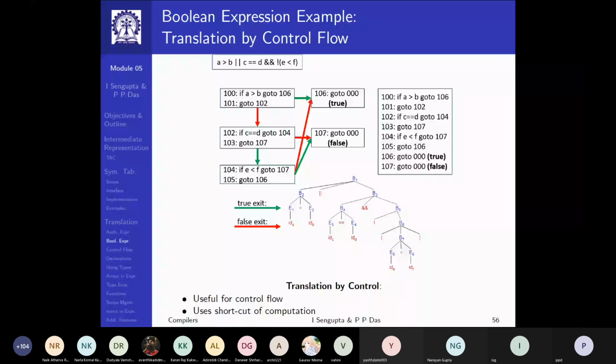Or if at a certain point I know that the value of the expression is false, I'll jump to a certain point. So instead of having a value of a primitive Boolean expression, you have a jump coming out of a small block of 3 address code. And that is what I'm showing here.